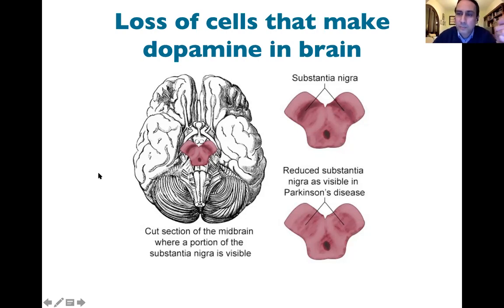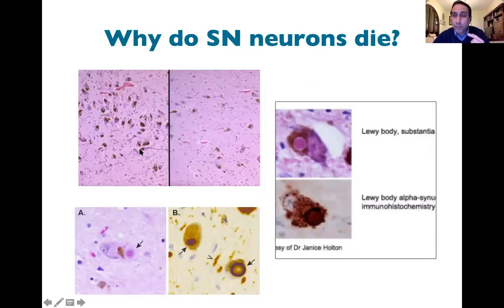What is causing them to die, and therefore not to keep on making dopamine? And here is where we go back to our Lewy bodies. Okay, so when they looked at these neurons that were dying under the microscope,